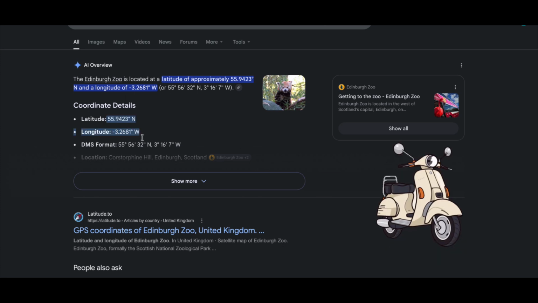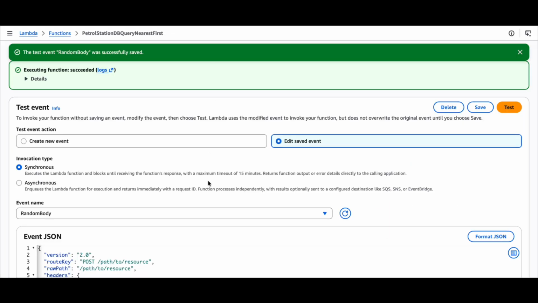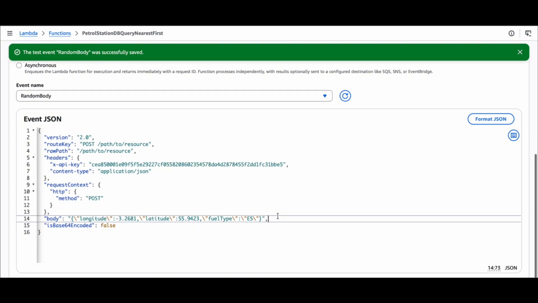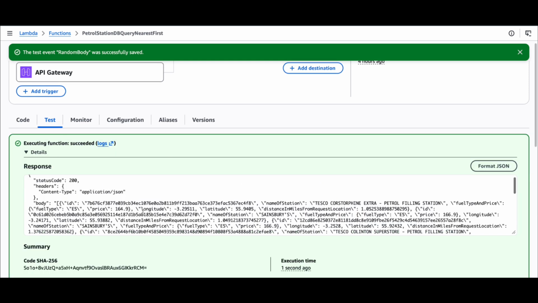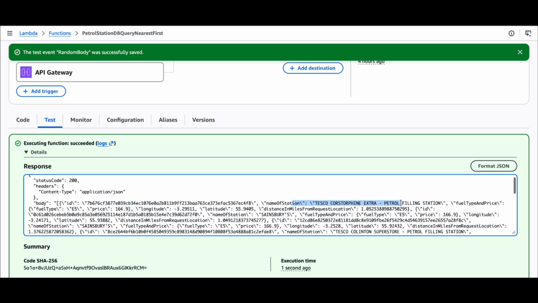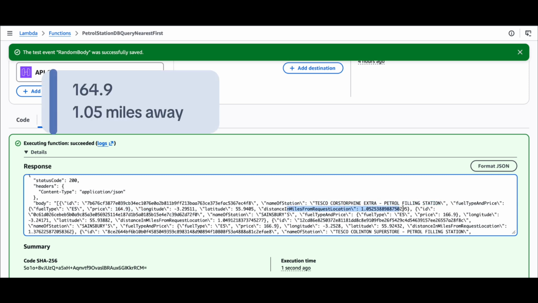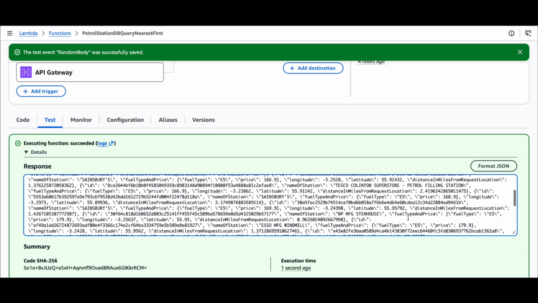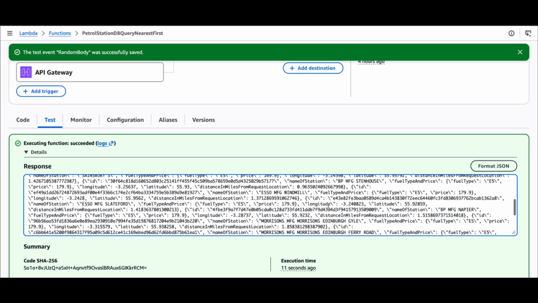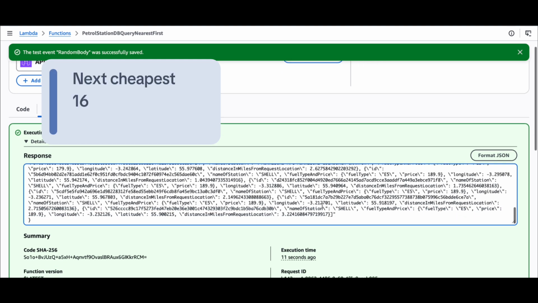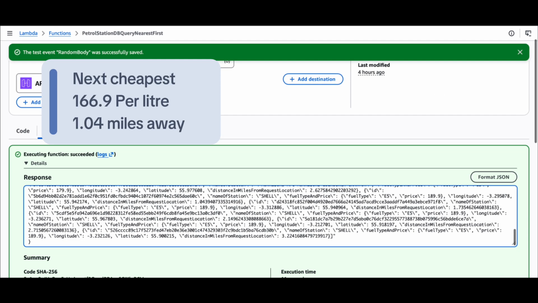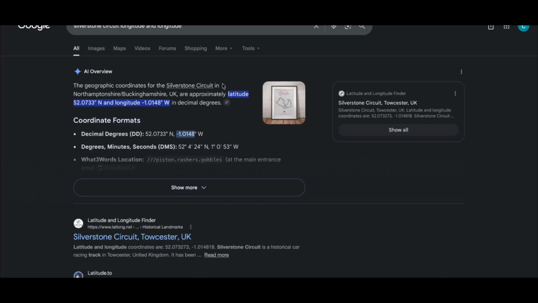Similar story, I'm now near the Edinburgh Zoo, copying my longitude and latitude, and I'm now searching for the fuel type E5. So I'm going to make my API request and find the nearest petrol station with E5 fuel, the cheapest E5 fuel. So it looks like it's that Tesco. I'm not going to pronounce that. It looks like the price is 164.9 and it's 1.05 miles away from me. You can see it's returned other fuel stations that are further away and more expensive based on the fuel type